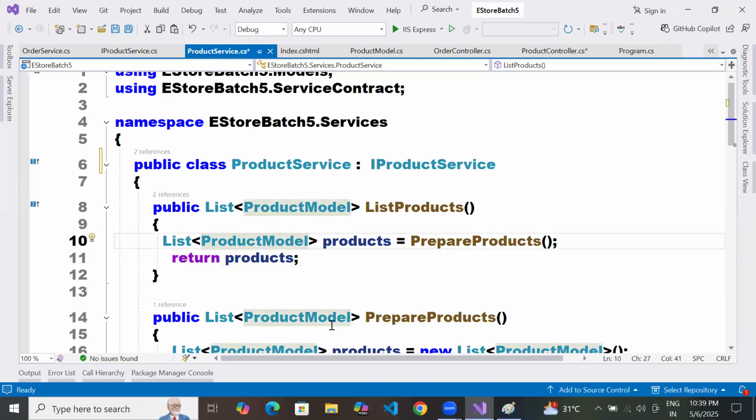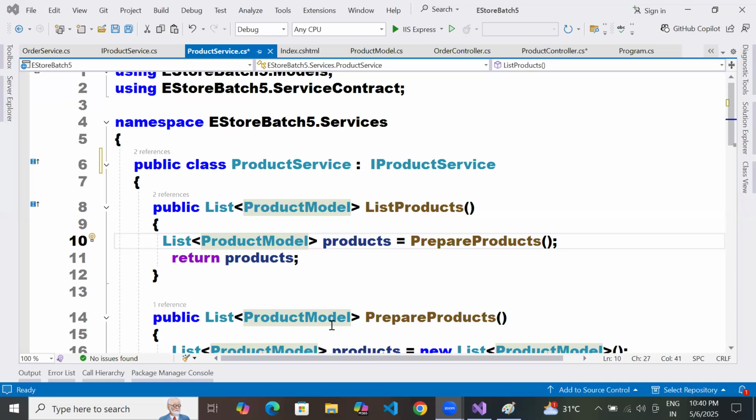Now come to Anjali. Ask your question. Sir, we are creating an object for iProduct service using product service, but product service is inherited from order service, so by default inside the product service the order service methods come, right?